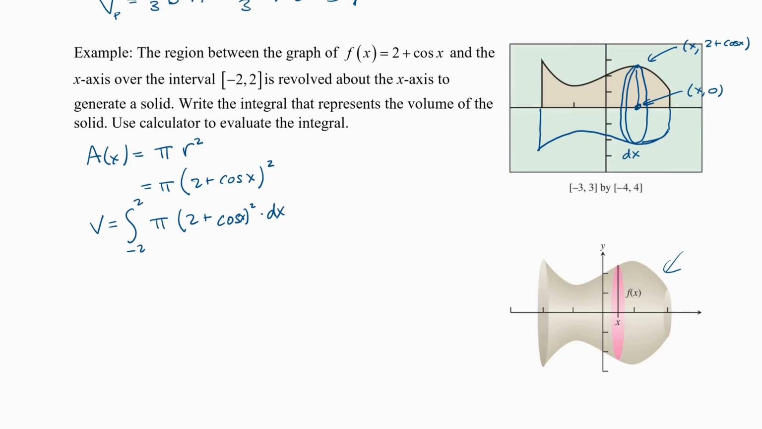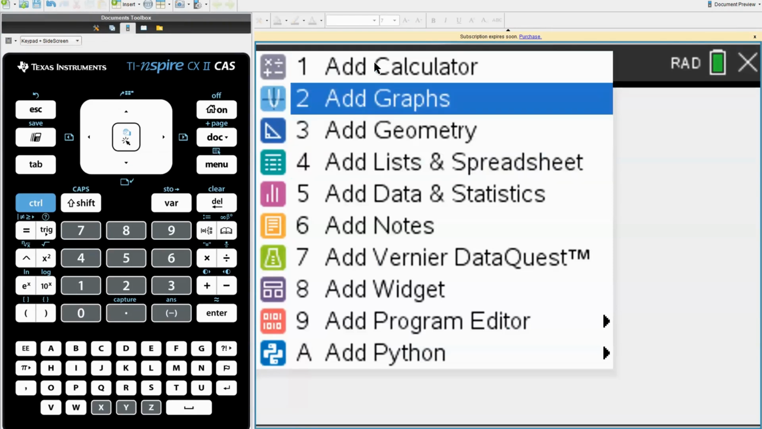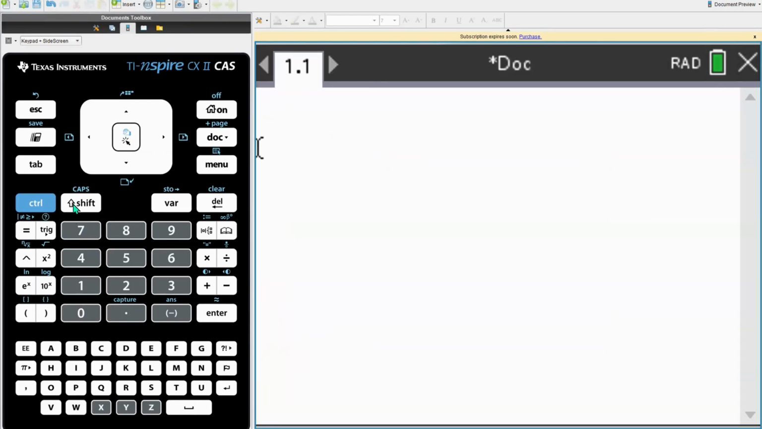This particular integral uses some techniques that we haven't learned in class, so we're going to evaluate this integral on our calculator. Let me get my calculator ready. Let me go ahead and go into calculator mode, and that integral was from -2 to 2,